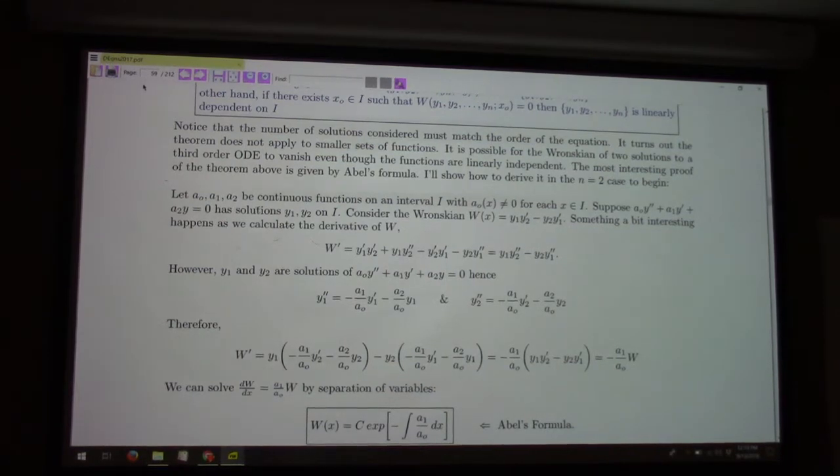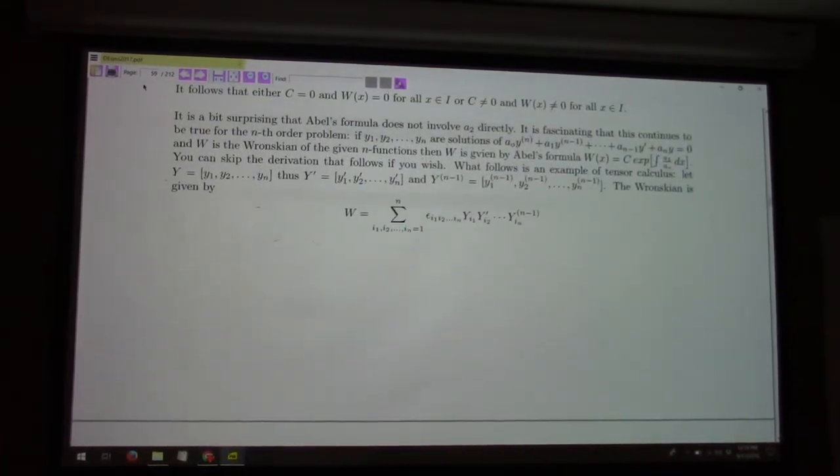Now you're like, well, that's great, but you stated the theorem up here for order n. You just gave me a proof for n equals 2. What about n equals 3 or 4? How do you know this is true for higher n, right? Well, I'm glad you asked,